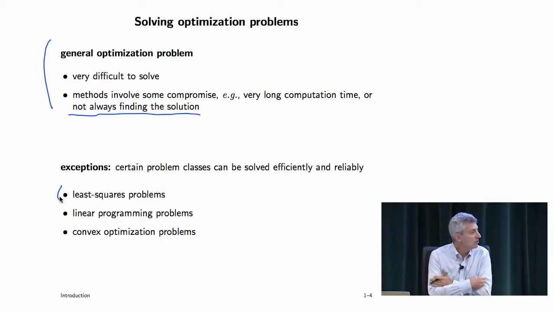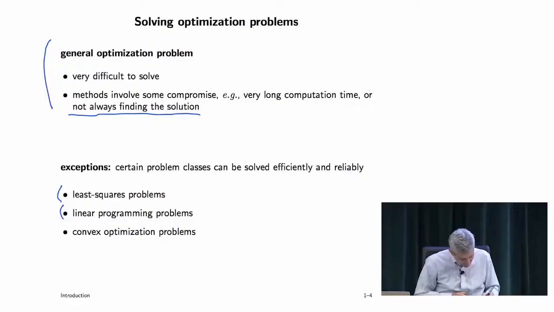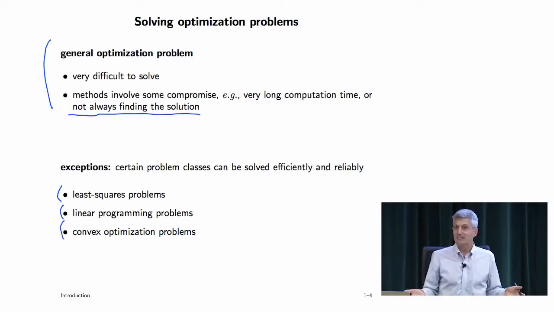The most famous one by far is least squares. In a least squares problem, which is an optimization problem we'll talk about shortly, you solve the problem. There's nothing like, sometimes it works, it often works, it really works well. It just works always, period. Another one is linear programming problems, another very famous and broad class. And the common parent of these two, which is a lot broader and what this class is about, is convex optimization problems.